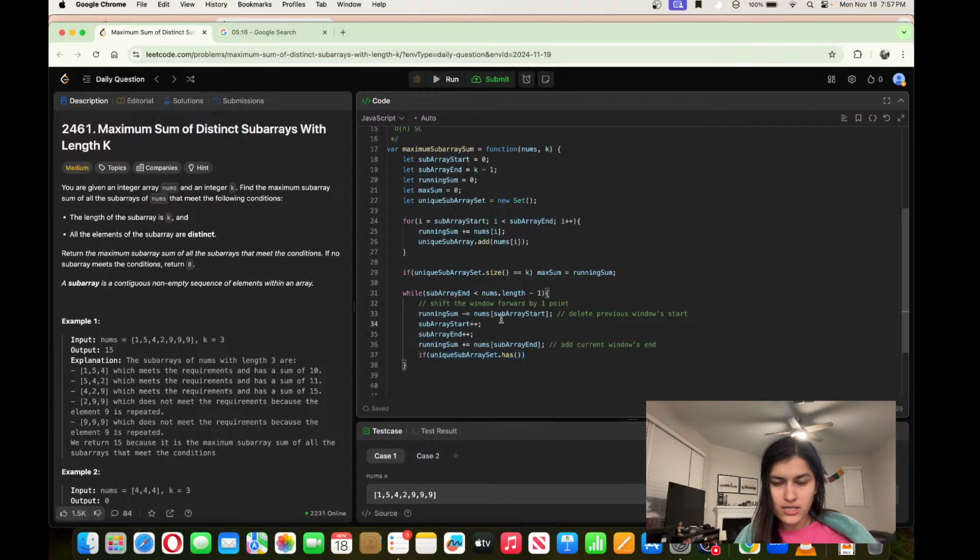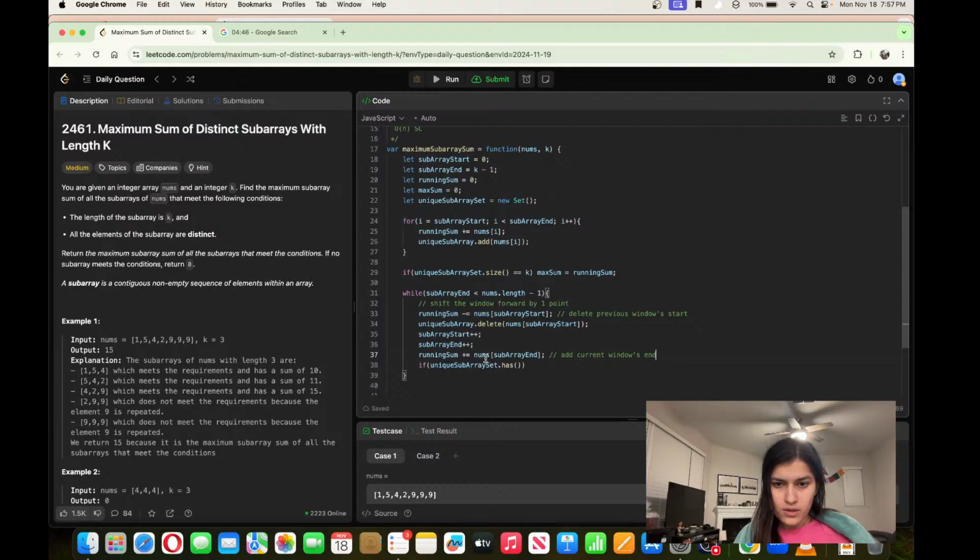Actually, after moving it, I should delete this number from the unique subarray, and I'm adding the current window's